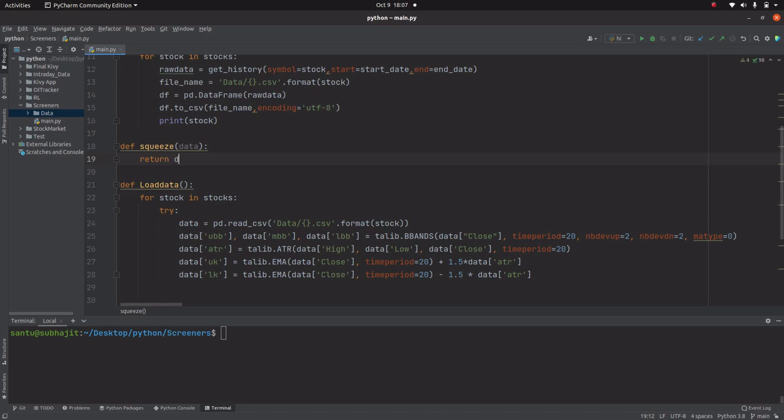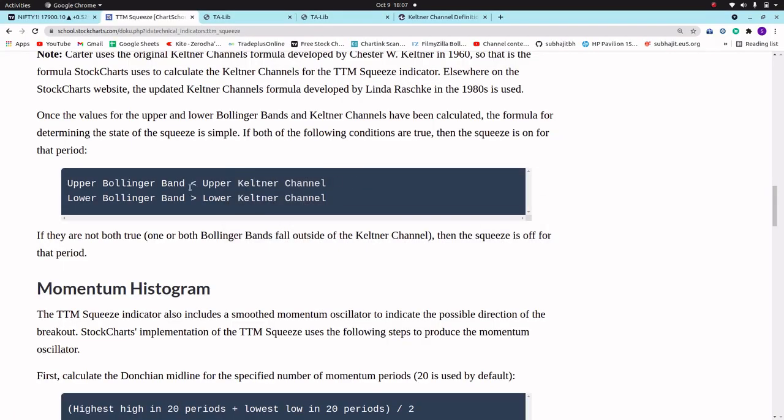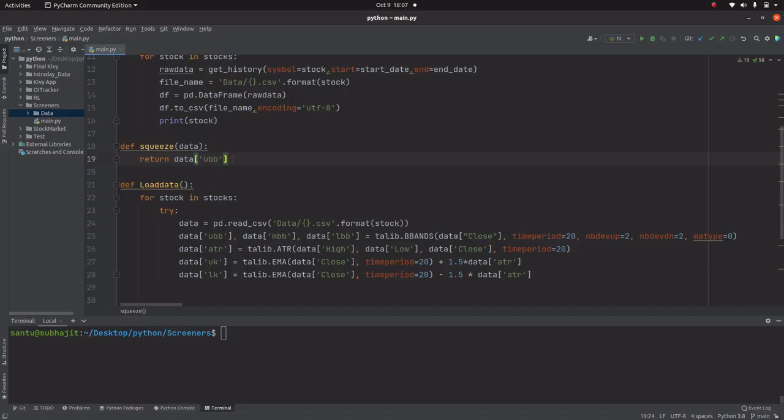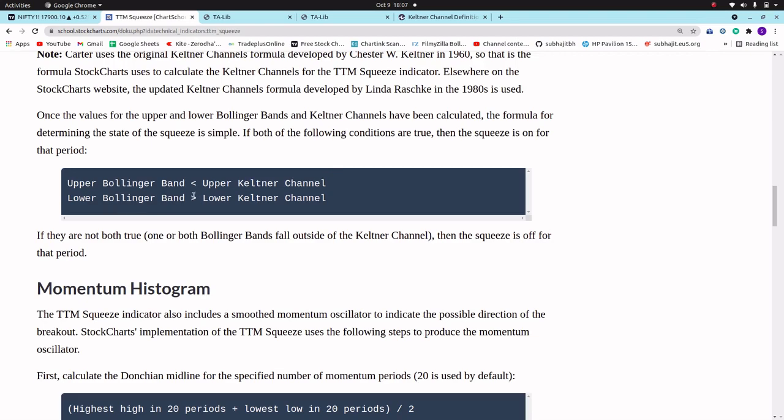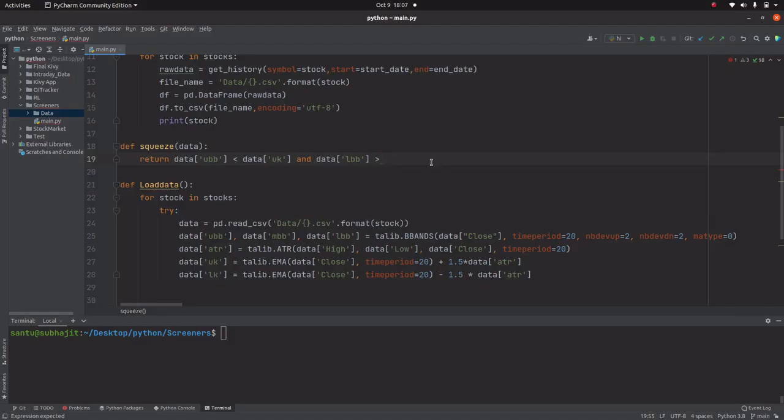So data upper Bollinger Band, that is UBB, should be less than data upper Keltner channel, and data lower Bollinger Band should be greater than data lower Keltner channel.